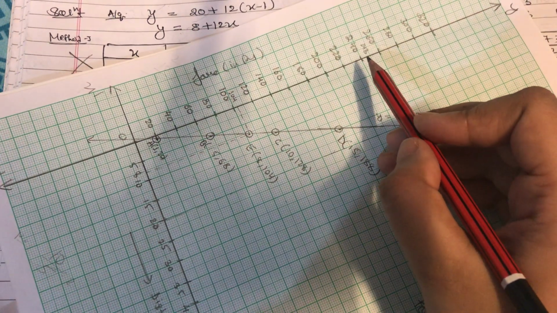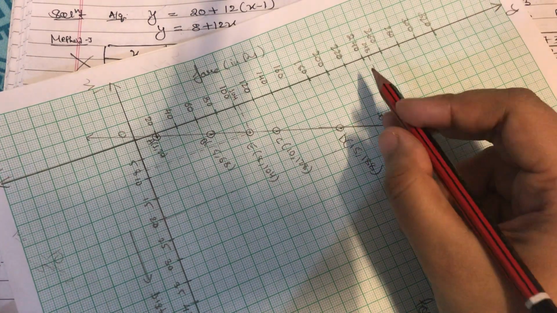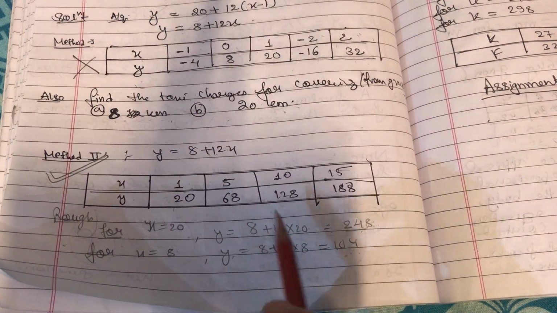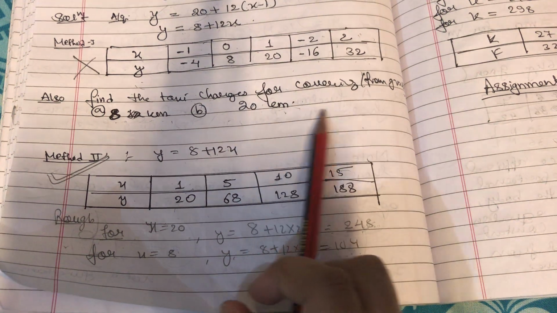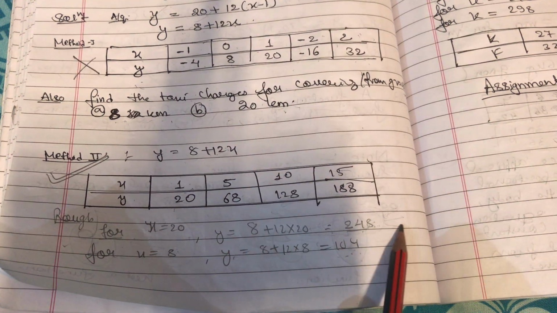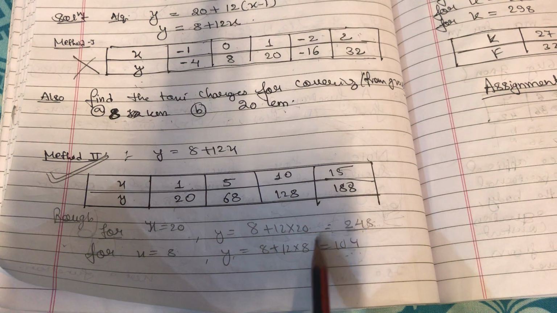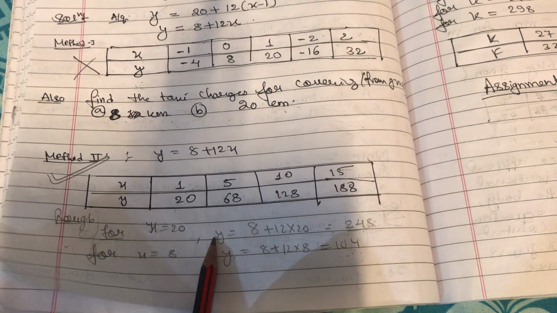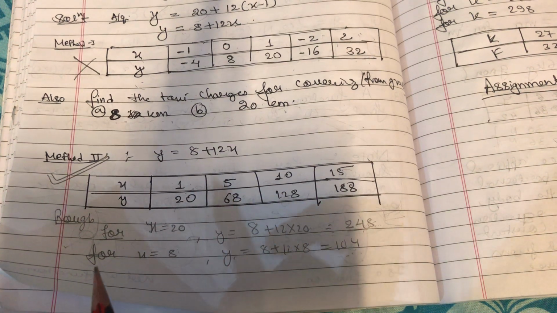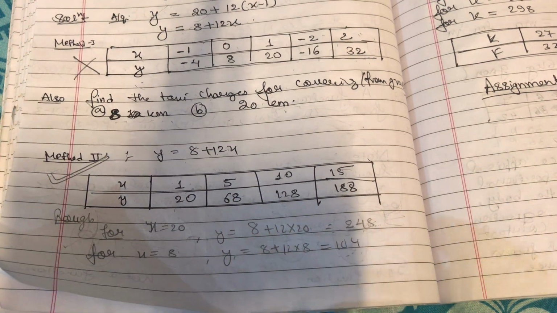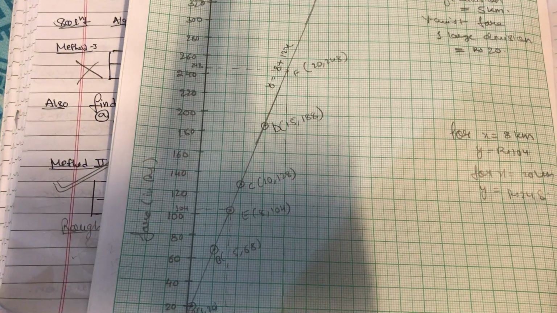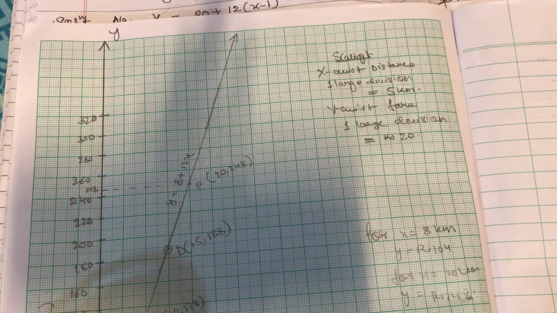Now how do we know that this is 248? Because sometimes it becomes difficult to calculate. That's why I always calculate this in rough wherever I have to find the value graphically, because this really helps me a lot to plot and to choose my scaling. So this is the tip for today's video. Always calculate this first, but that should be in rough, right? So this is 248. From the graph also I got the same. That means my graph is absolutely right. So this is a way to plot the question on the graph sheet.